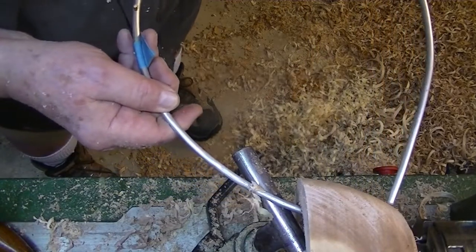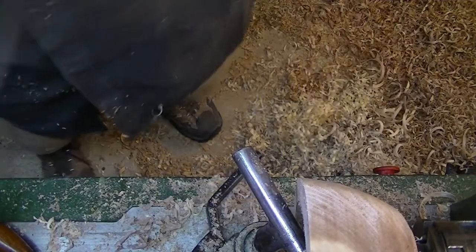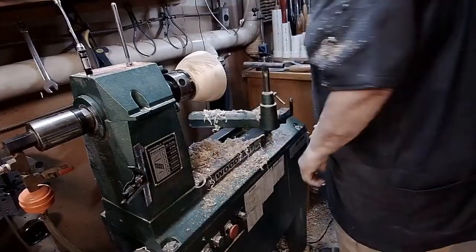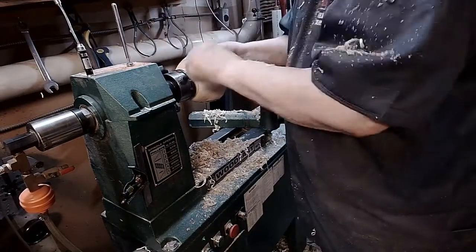Yeah, now it's different here because the base is turning in, and that's okay. So what we have is a roughed out bowl, which is all that we're going to be able to do during this phase of the turning. There's one more step with this bowl,